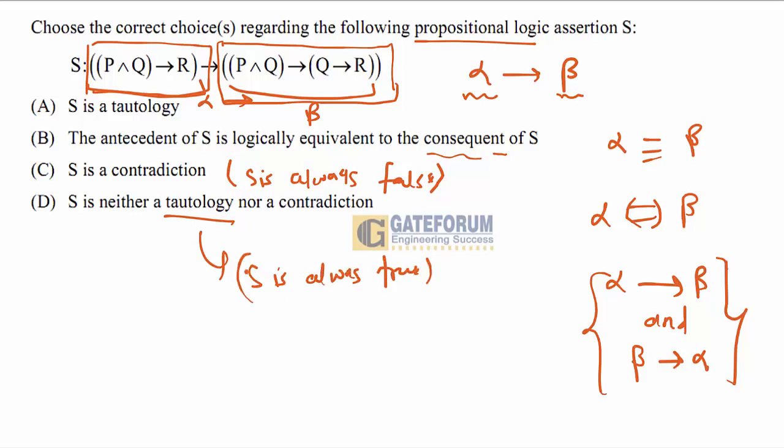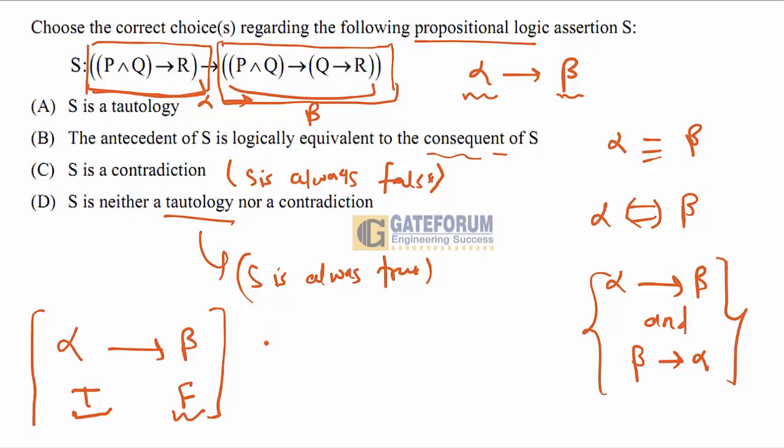So we will solve this question using two methods. One is that we will check whether we are able to arrive at a true-false combination. Why? Because given a formula of the form alpha implies beta, if we can make alpha true and at the same time make beta false, then it means that this formula is taking a false value somewhere. That means this formula is not a tautology, right? So let's check if we are able to make a true-false combination or not.